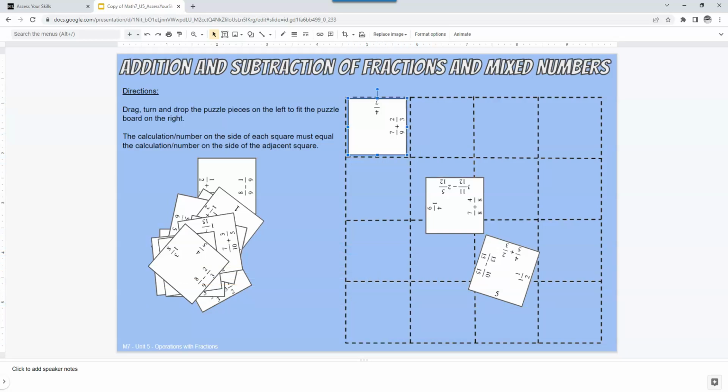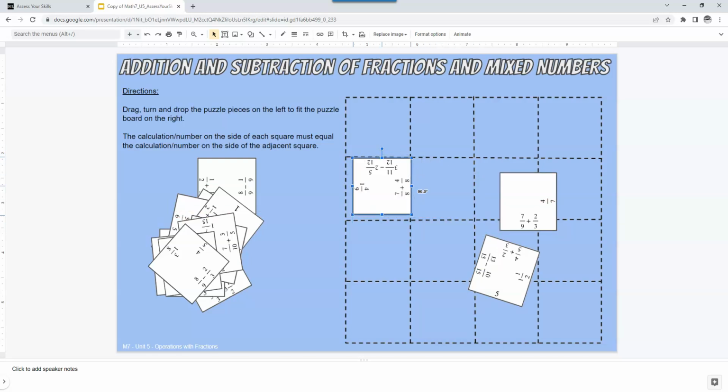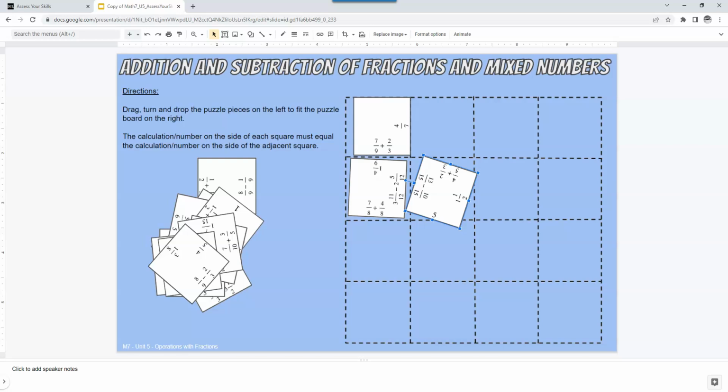If I moved it up to the top left corner, though, I would need to rotate it in order to have those 2 blank sides positioned correctly. And you could ultimately try all 4 corners. If you happen to get to a point where you think you have 3 or 4 puzzle pieces correct, so let me see. Let's say I put this one here, put this one back up in the corner, this one in the middle here. Now, if you think that they're positioned correctly, but you want to move them as a group,